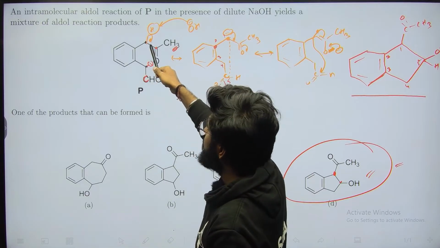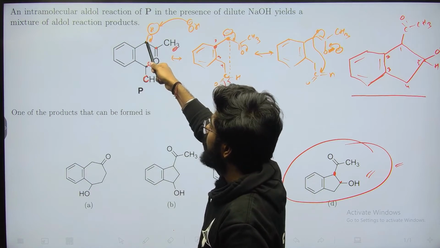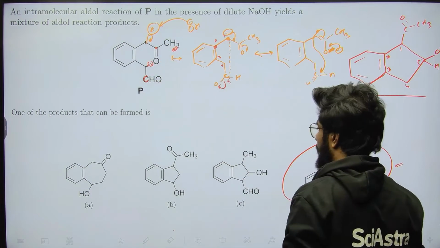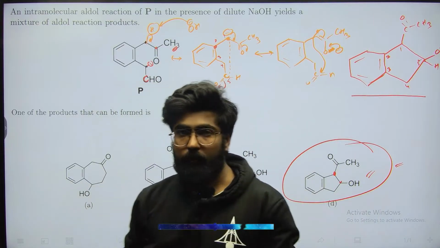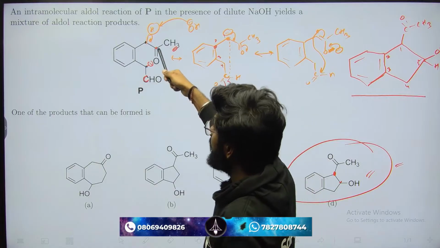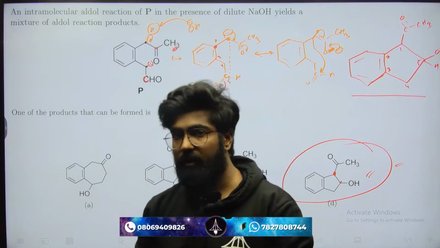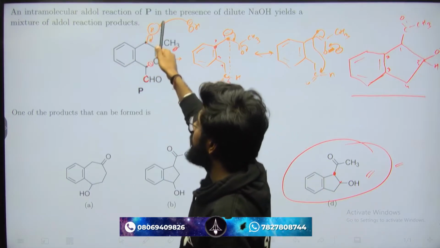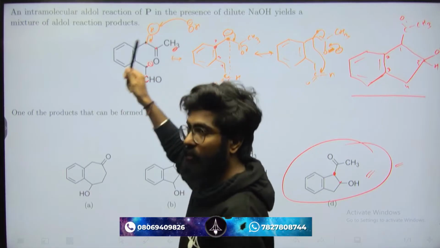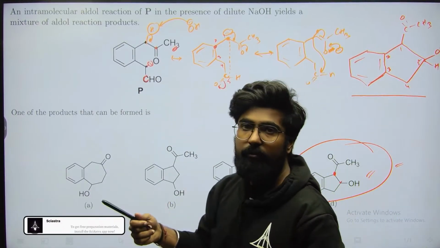Otherwise, if we abstract the proton from this carbon, just like we did, we end up in a 5-membered ring, and as per the steric hindrance rule, the stability of a 5-membered ring is relatively more as compared to the stability of a 7-membered ring. So that is why we have chosen this proton over this proton. However, both have the possibility. So this is how, following the right fundamentals, we ended up with the right product.